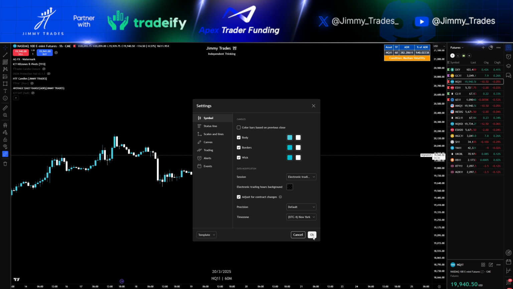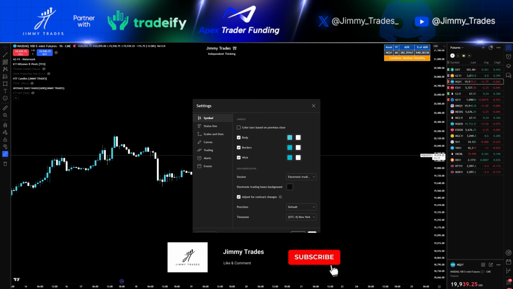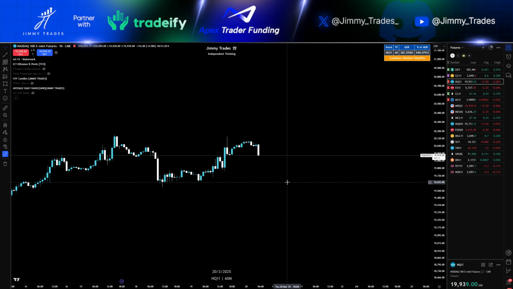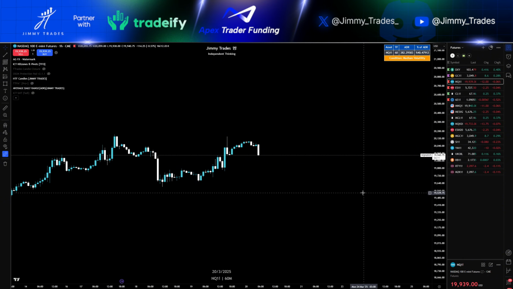I feel like that is an unnecessary option that TradingView has added. I don't know if there was a real need for it. I guess there's some traders who need that as an option. It's certainly not something that I needed or wanted. And to have it already on as a default is pretty annoying. So I've had a few people ask about that now. And that's how you fix that setting.